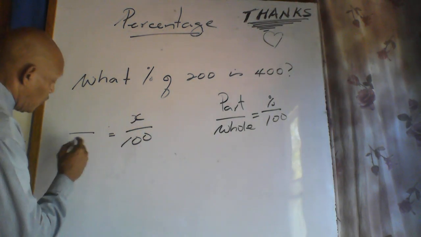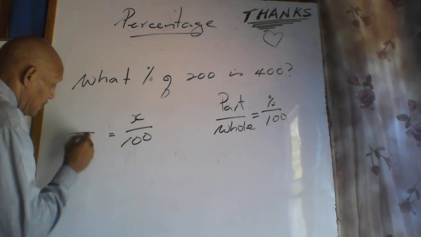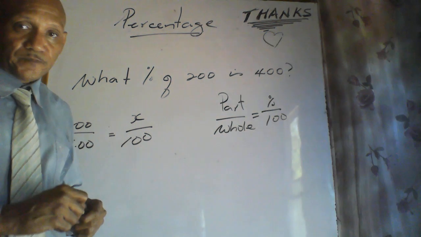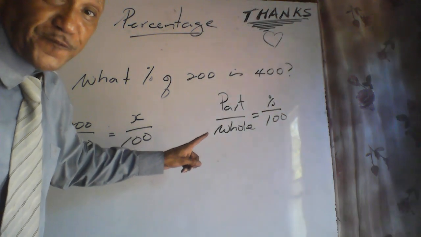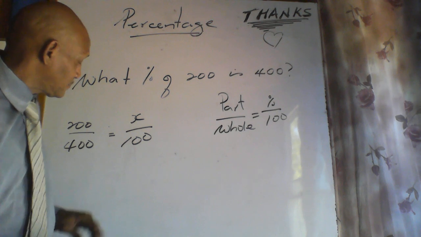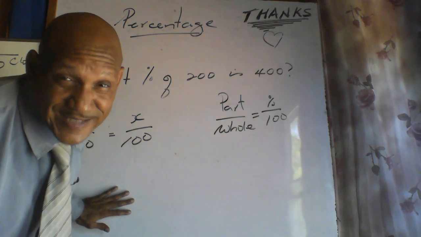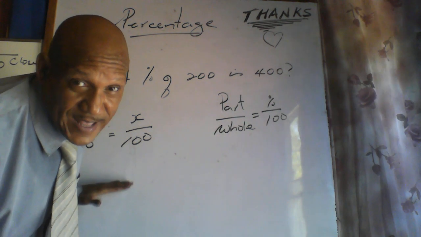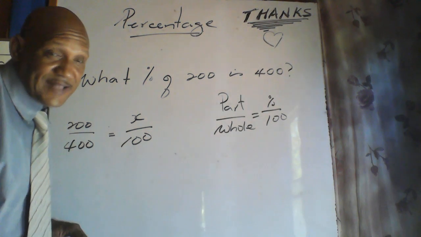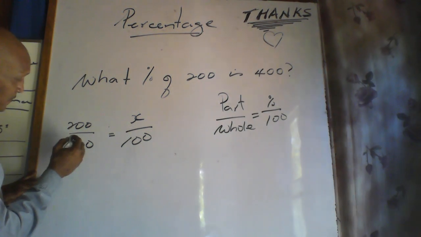If I had used 400 as the whole and 200 as the part, I guarantee you the first answer on the test would give you that. Whatever I get from that would be the first answer. For example,